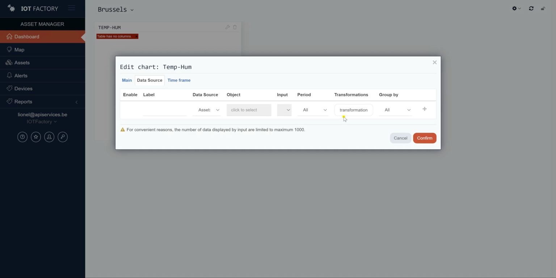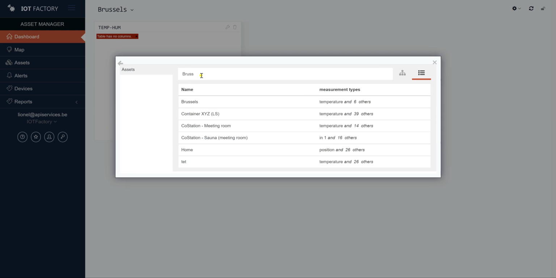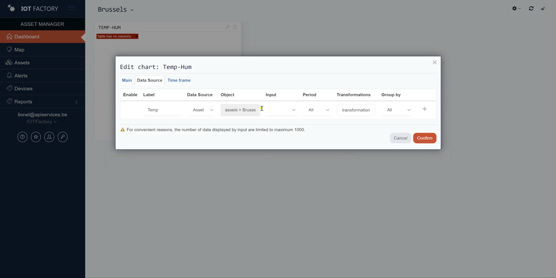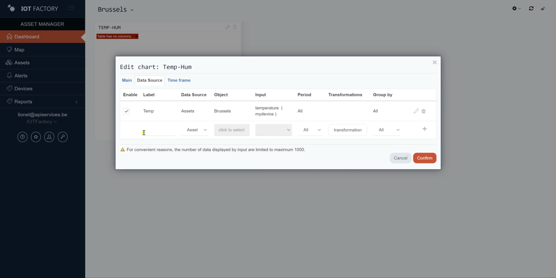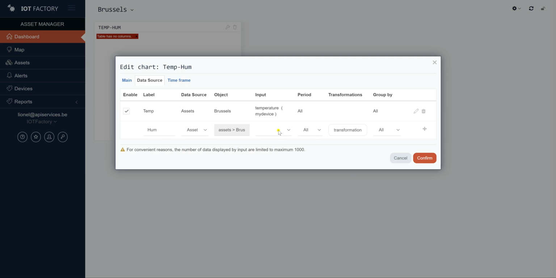Actually all widgets will have the same type of interface. I have to select the data source. So I will show something which is called temp from my asset called Brussels. Okay, and automatically you get the information that I know about Brussels. So I will take temperature, and then I will also add on my chart humidity. From the same asset, it could be another one, I take humidity